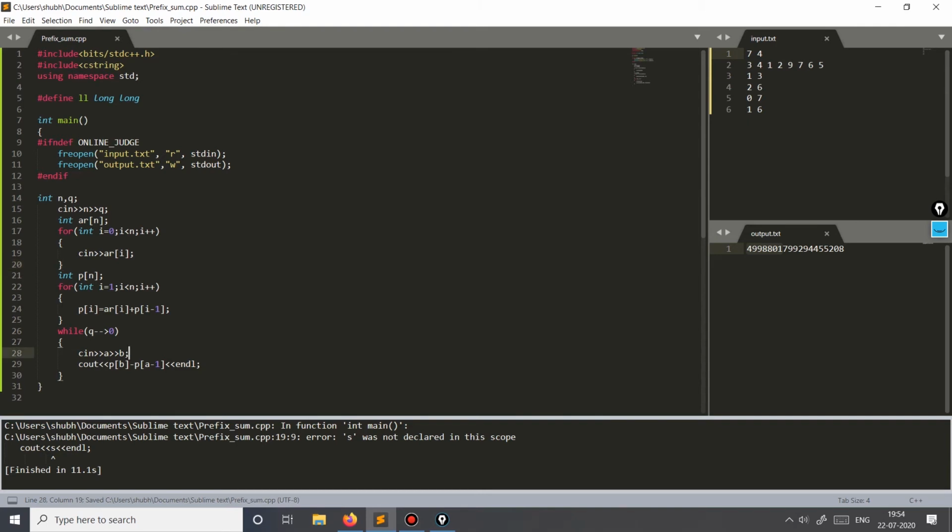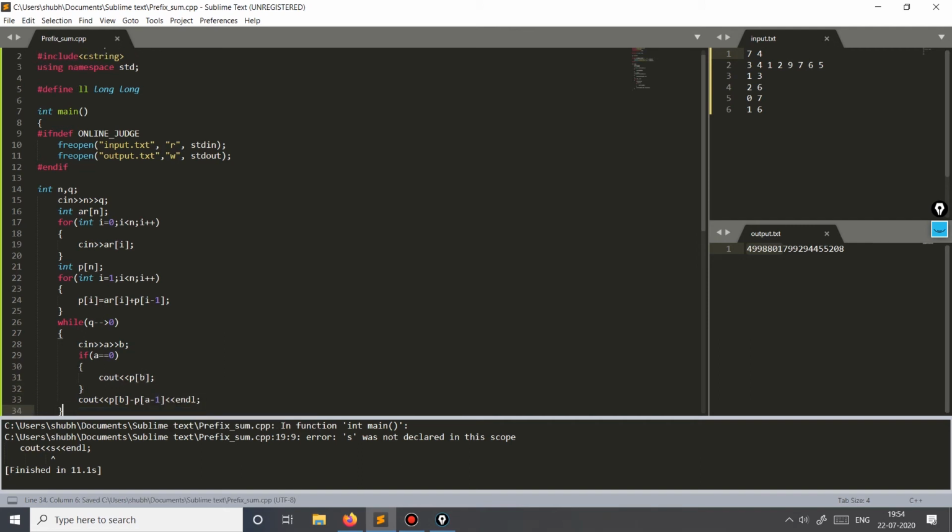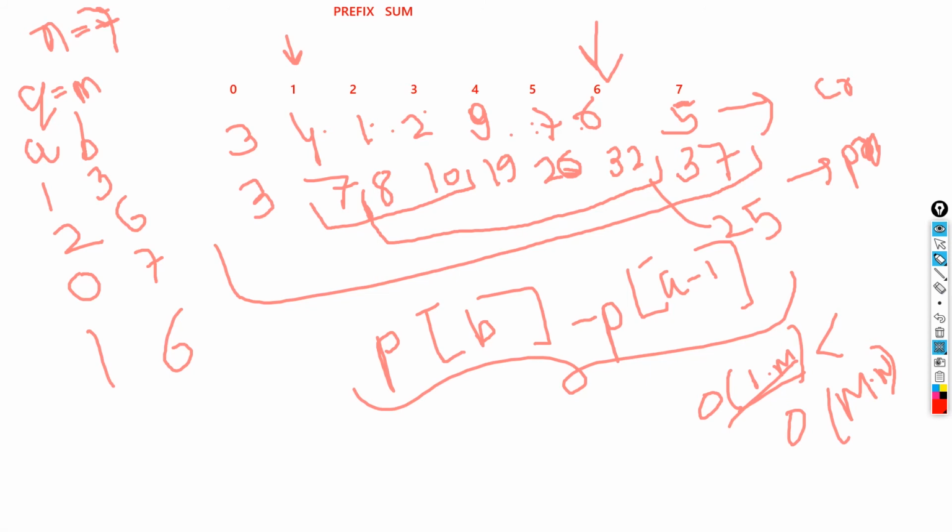Okay, so in case A is equal to 0, we simply need to output P of B, because P of A would be 0. Like what I'm trying to tell is, let's say we have another query which is 0 to 5, it simply means all the elements from 0 to 5, and that would be simply stored in P of 5, so we do not need to calculate anything.